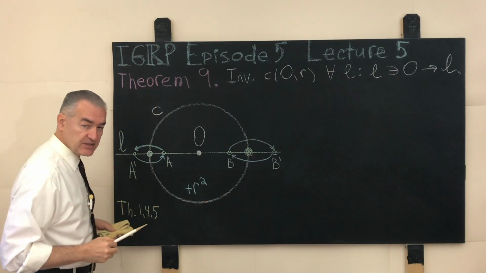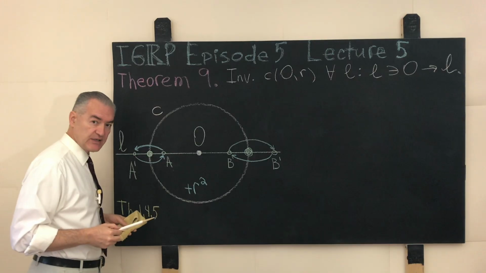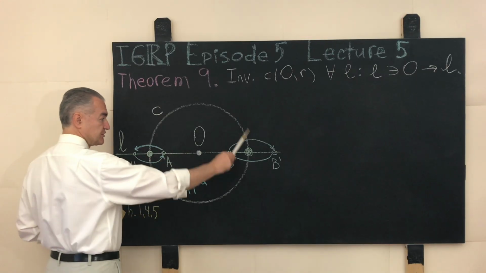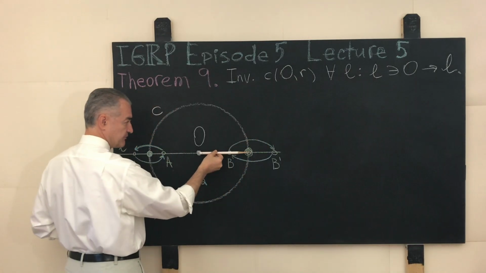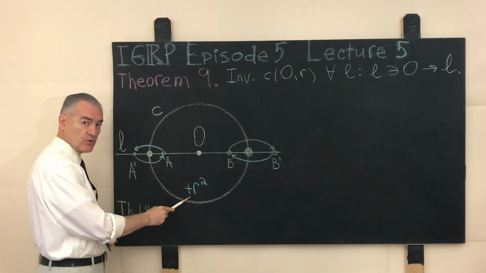But that precisely means that under the inversion of the parent plane with respect to the given circle C that has O as its center and R as its radius with positive power,